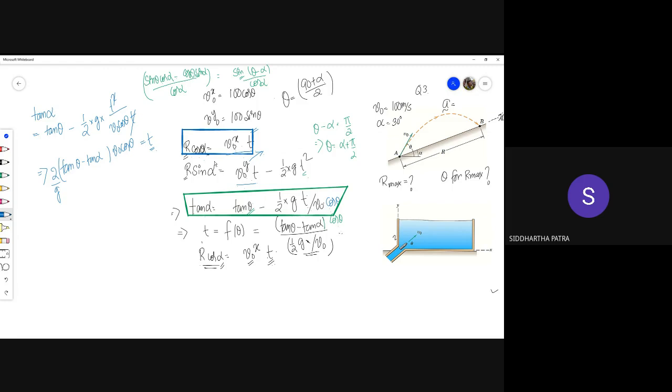Okay, so that's what you did. You substituted that expression into r sine alpha. Yes sir, and I took the derivative with respect to theta. Okay, and that told you that it is alpha by 2 plus pi by 4, right? Yes sir, which is the correct answer. But I'm still wondering why it is not coming to be true with the other approach.